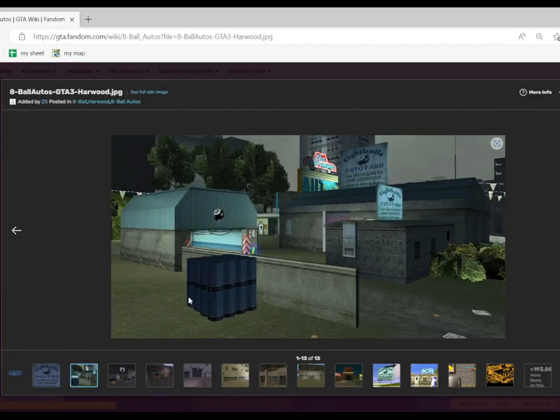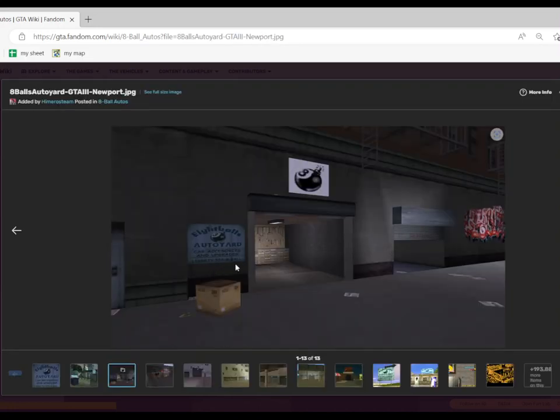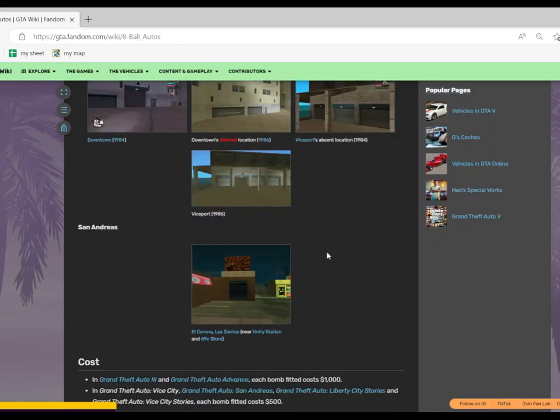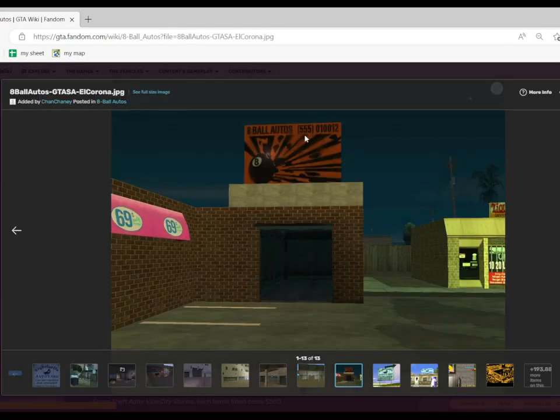So we can see 8-Ball's phone number here in GTA 3 is 555 8-Ball. It's consistent in the 3 different locations. You can see down here on the sign 555 8-Ball, and then it's hard to see, but anyway, this is the Shoreside 8-Ball shop 555 8-Ball. But if you look at the shop in San Andreas, his sign is right up here, 555 010012. Again, his prisoner number and the zip code of Rockstar Games in New York.